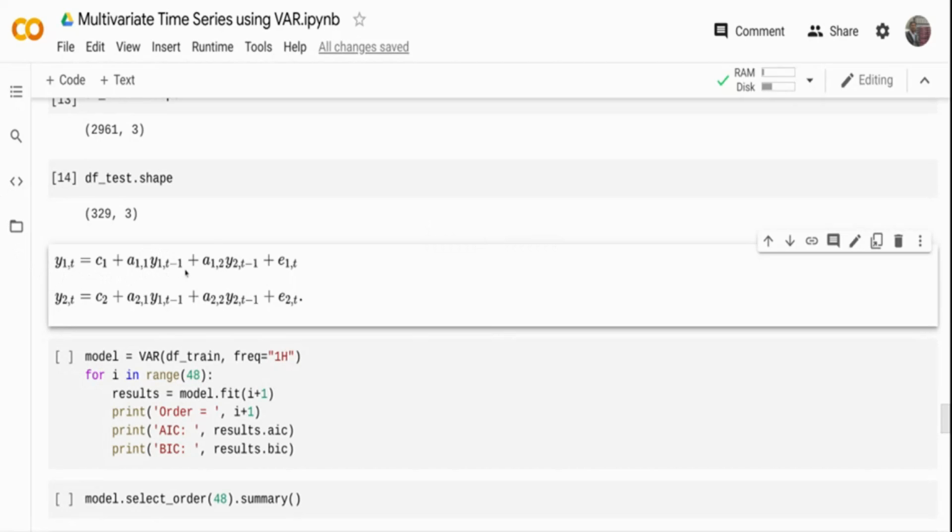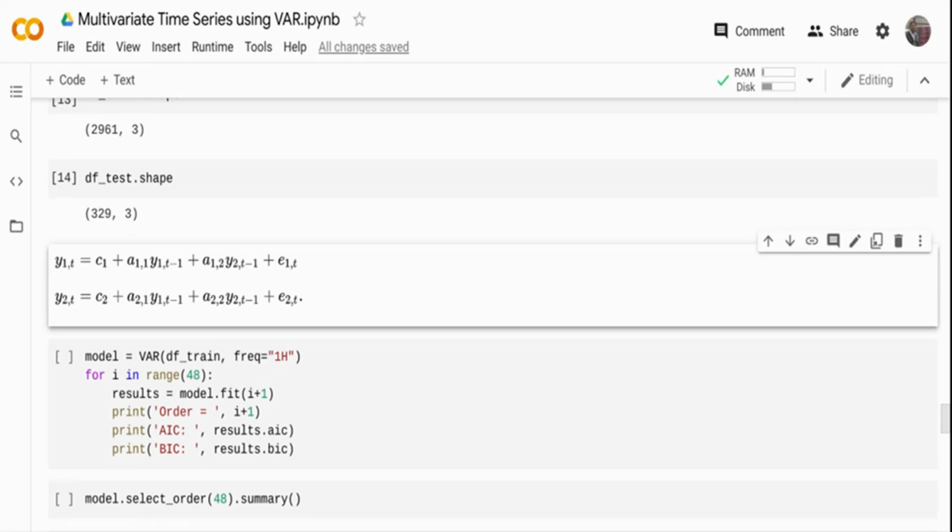This is the first lag. And then the second variable can be temperature, the first lag of temperature. So this equation is only for the first lag. If it has a second lag, then you will have y1 t minus 2, y2 t minus 2. In this case, we have three variables, so you will also have y3 t minus 1, y3 t minus 2. So depending on the number of lags that your model determines, you may have an equation that is